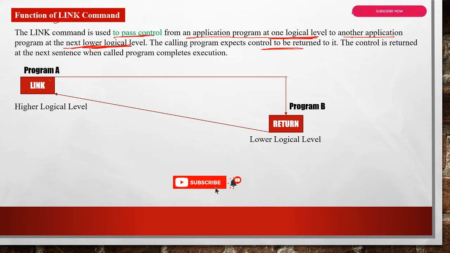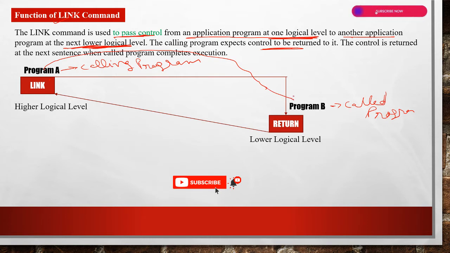This is our calling program, and this is our called program. Means our control will go from program A to program B. And the control is returned at the next sentence when the called program completes execution.